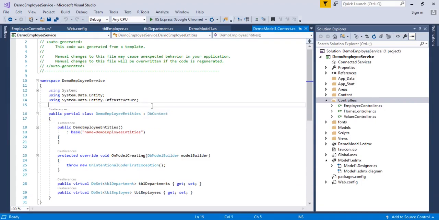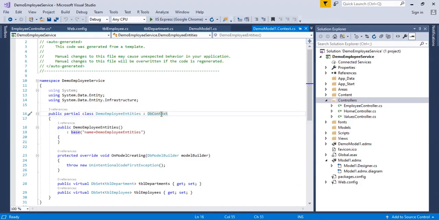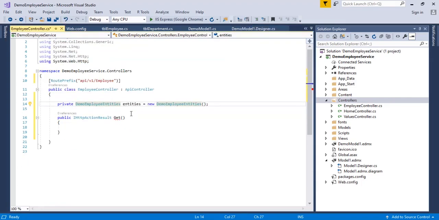There is a concept here: DbContext is a class that is used to create an instance of the database object, the demo entities. That's why I'm creating the demo entities variable and using this entities variable.